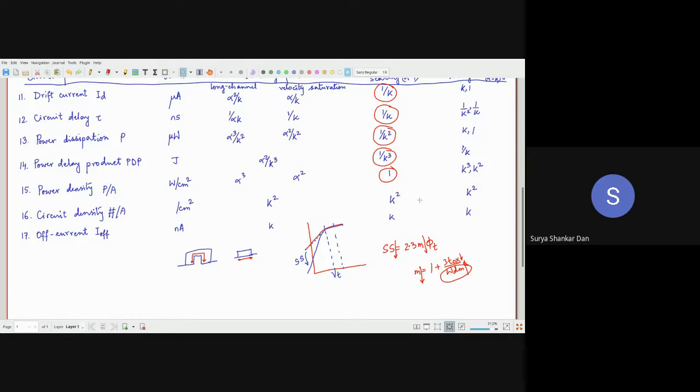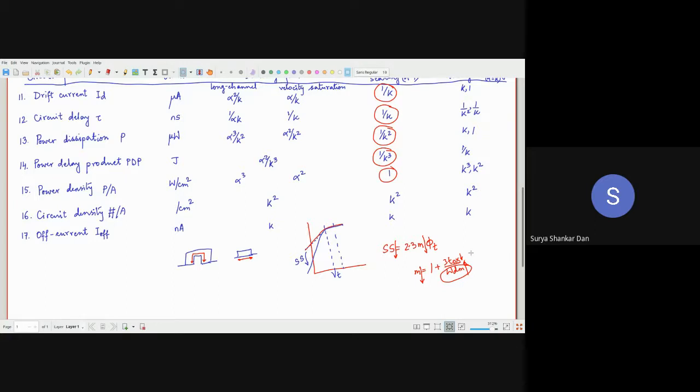Okay, so we have to deal with this. The easiest way to do it is to reduce the subthreshold slope. If you want to reduce the subthreshold slope, the only knob you have to tweak is basically small m. Small m means 1 plus 3 TOX by WDM. TOX is anyway becoming smaller, but if you want to make it even smaller, you have to increase WDM.